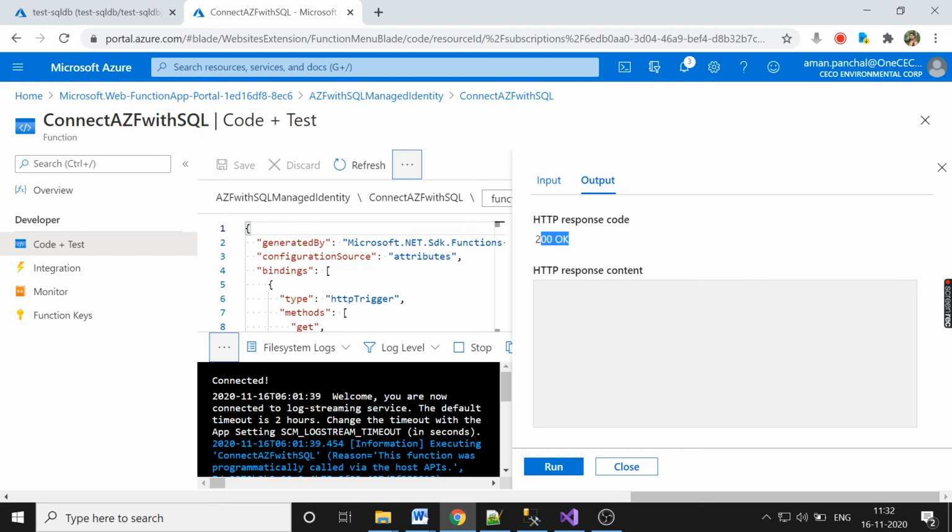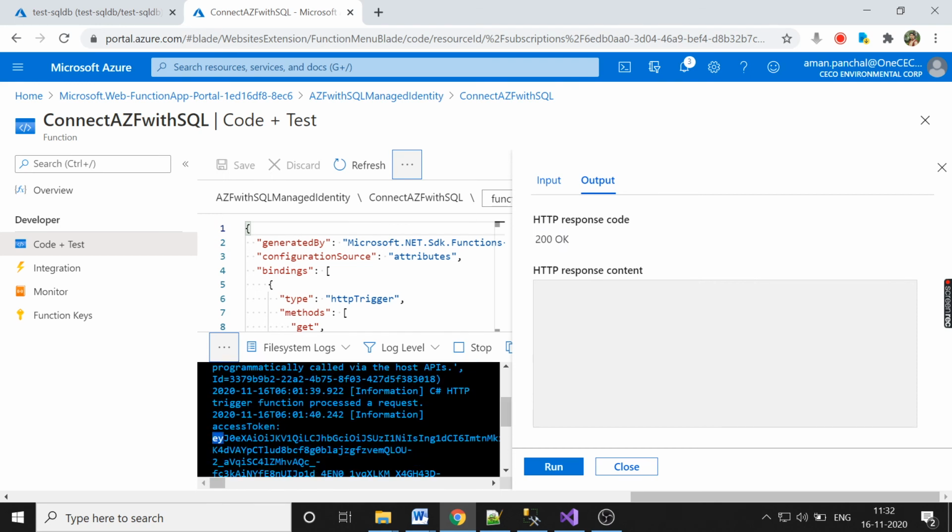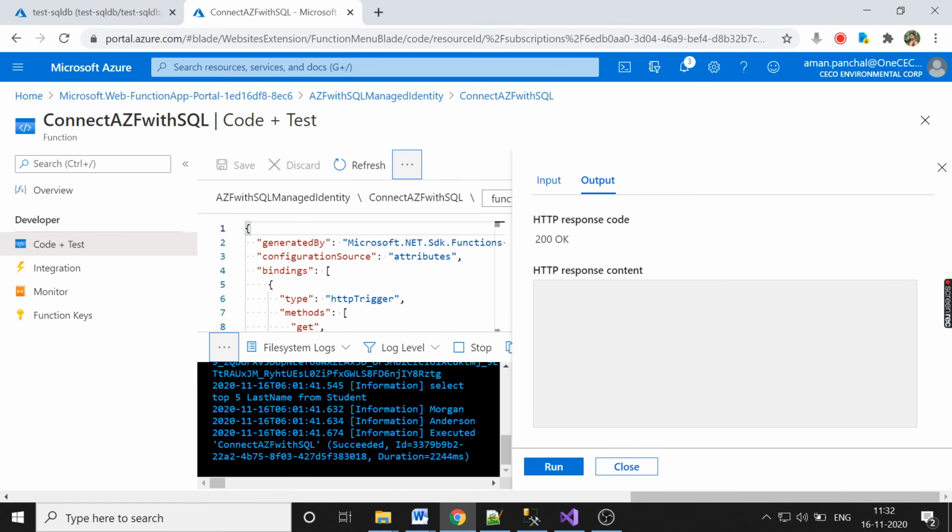Okay, it has completed successfully. If you see, this is the access token that we are logging, and this is the select top 5 last name query, and it has given the two rows, last name Morgan and address. So this is how we connect the Azure SQL database with our Azure function through the managed identity.